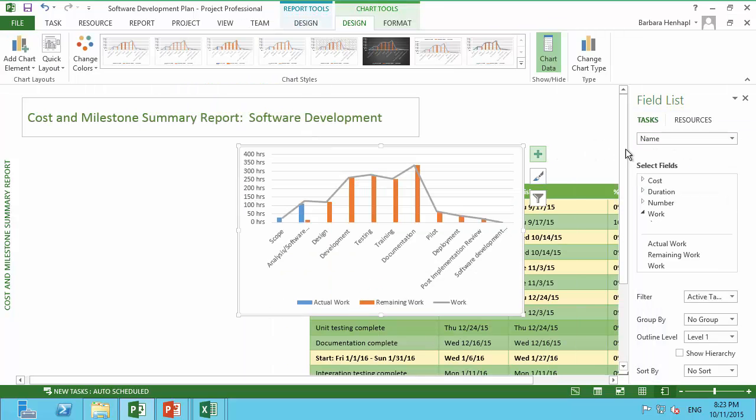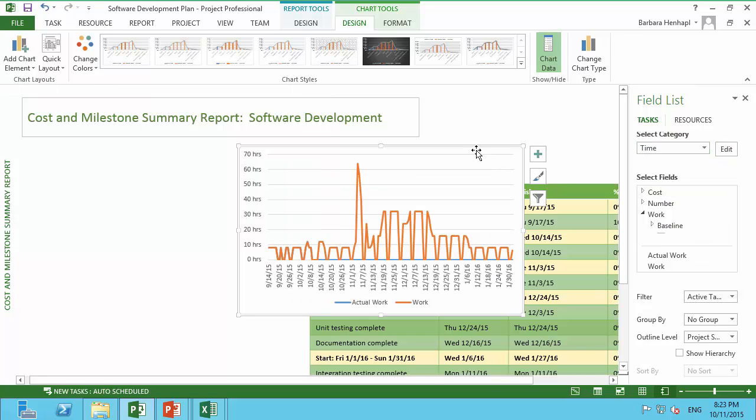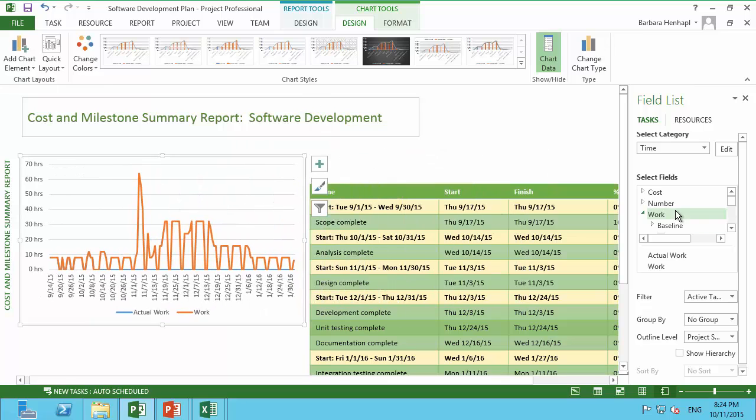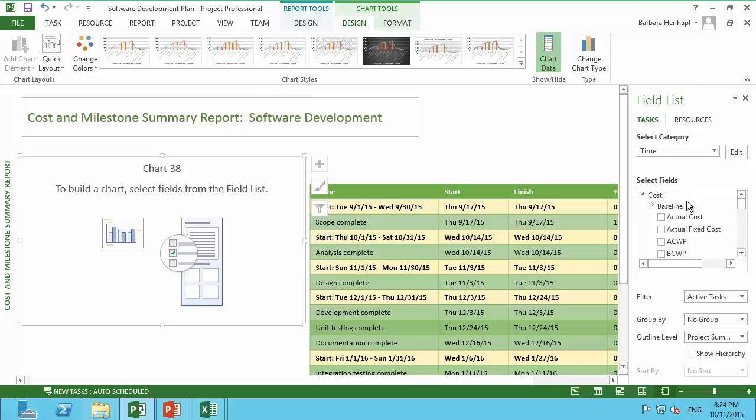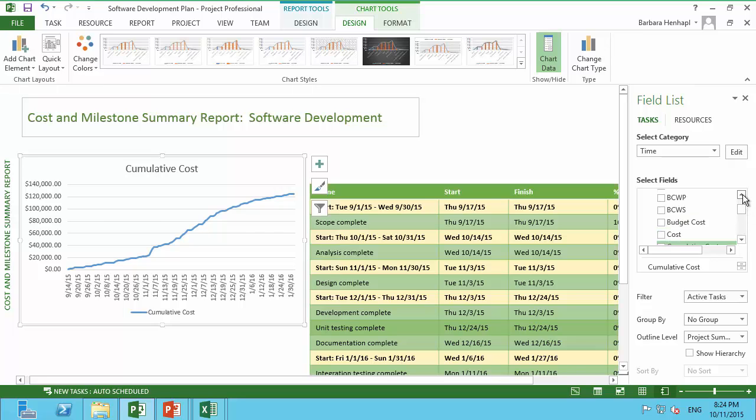And first of all, we need to select a different category, so we are not interested in the names but in the time. And when using the time, first let's remove the work fields because we want to have a cost overview. And on the costs, with time selected, I can find the cumulative costs, and moreover,